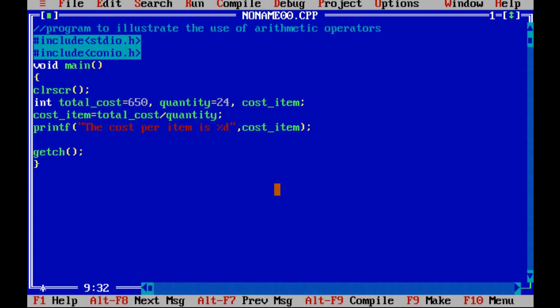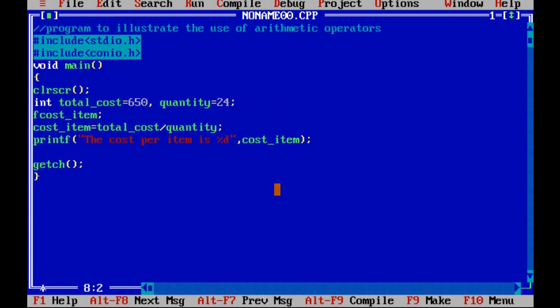And the last one is mixed mode arithmetic. For example, this last variable I take of float data type. The upper two variables I have taken of which data type? Integer. Last one float.